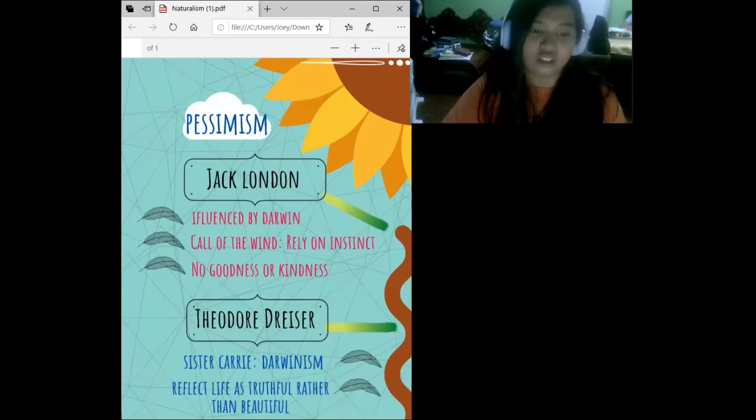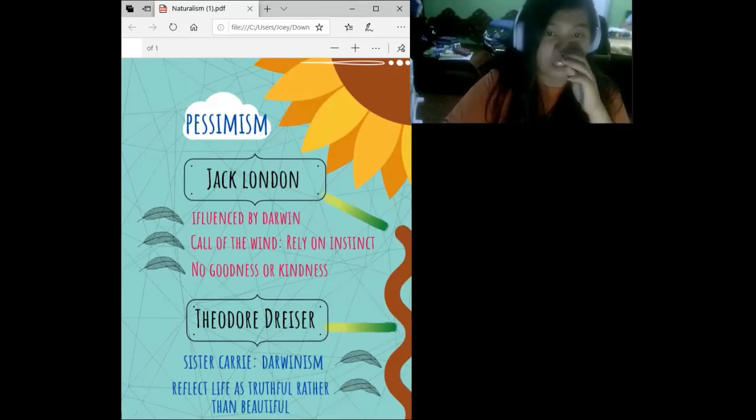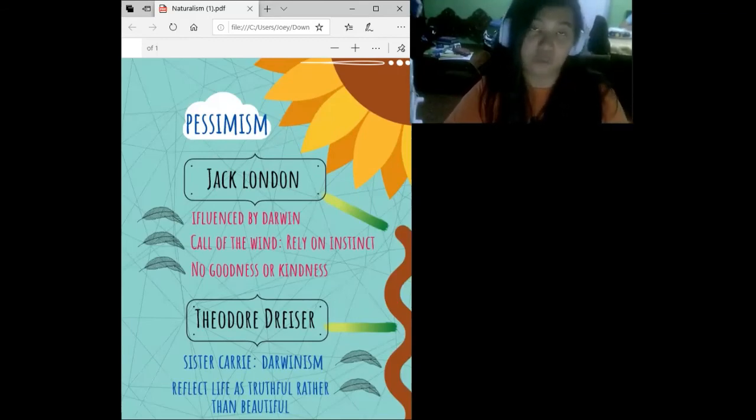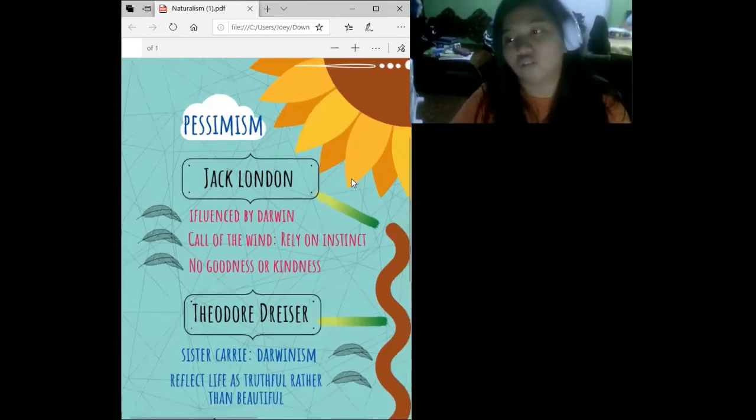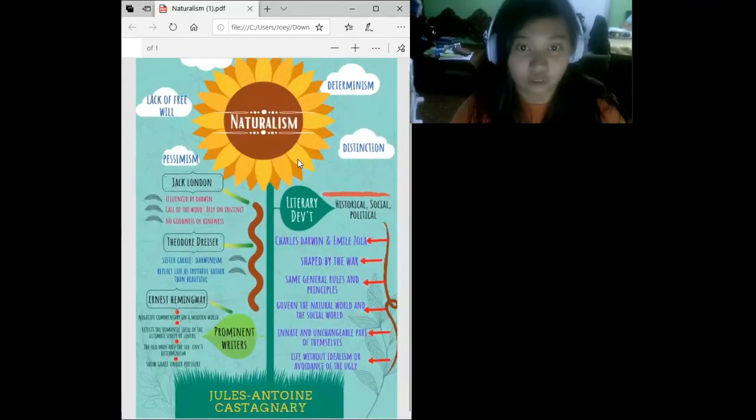So basically, naturalism is just a frank treatment of humanity and the portrayal of both men and women overwhelmed by blind forces of nature, subjected to their predetermined misery. One's hereditary and social environment determines one's character and influences the actions of these characters. So basically, that's the gist of the whole naturalism literary movement.